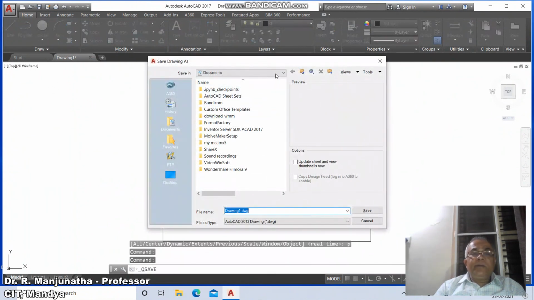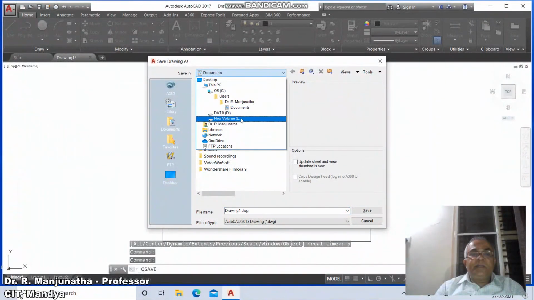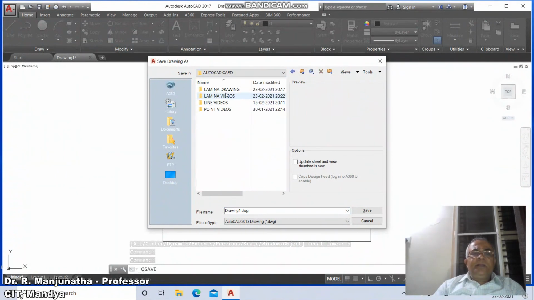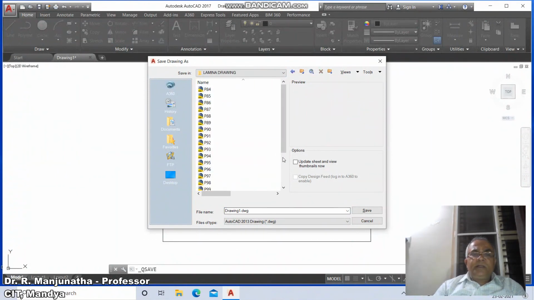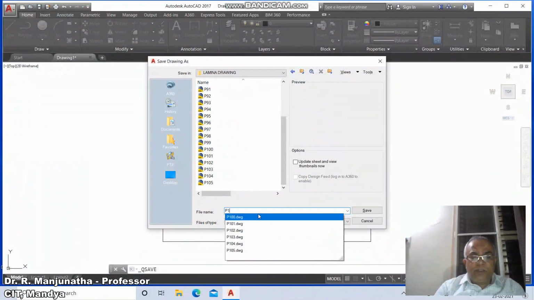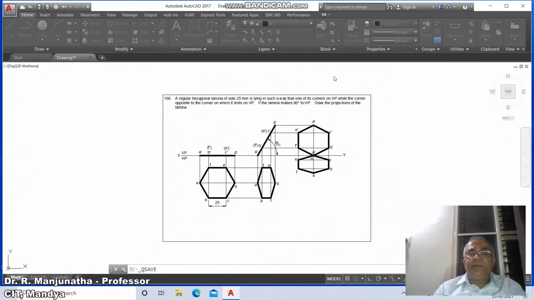And go to save, go to appropriate drive, then go to lamina drawing and type P106. So P106 and save, and finally